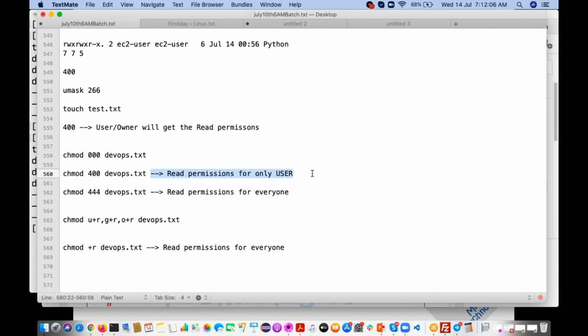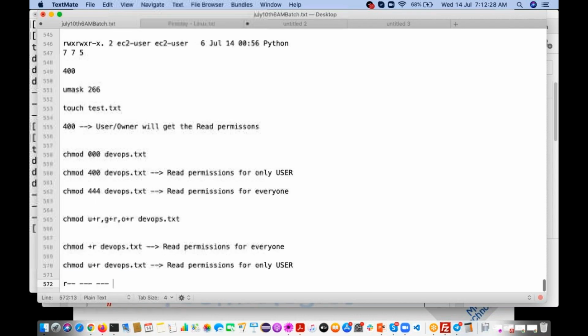I want to give read permissions for only the user. So instead of plus r, just specify u plus r. If you execute this, only the user is going to get these permissions. Let's see.